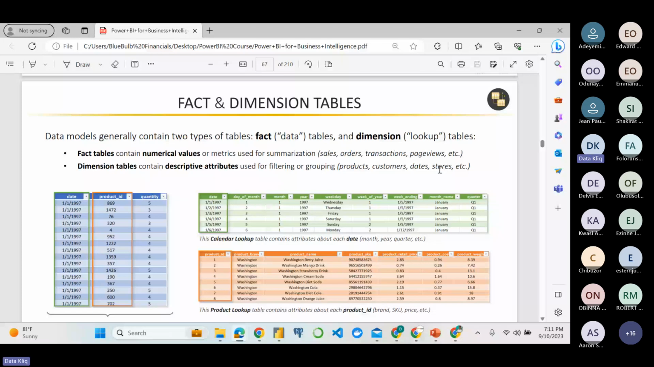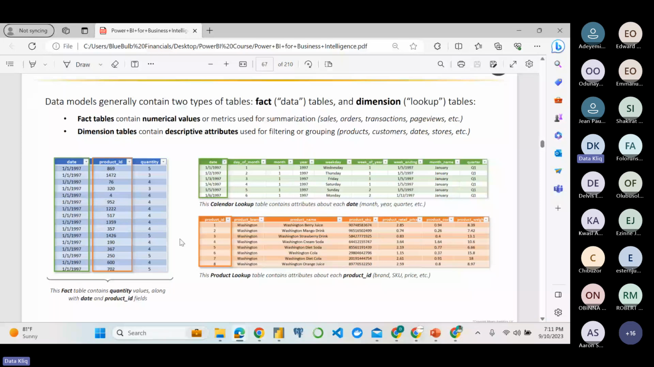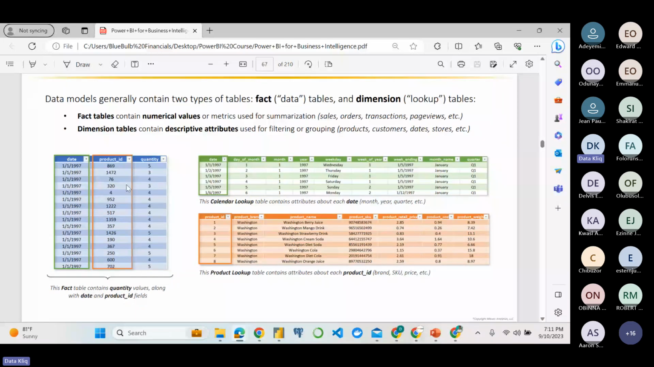By the everyday activity, we can see an example here. This is a fact table. A fact table contains date, product ID, and quantity. And this is our calendar lookup table, which is a dimension table. We can see that it is not something that is changing, it is static, because we know what our days are, the day of the month, and also